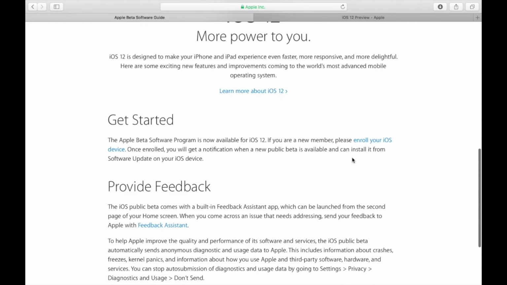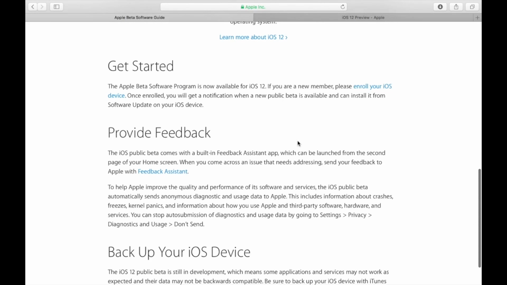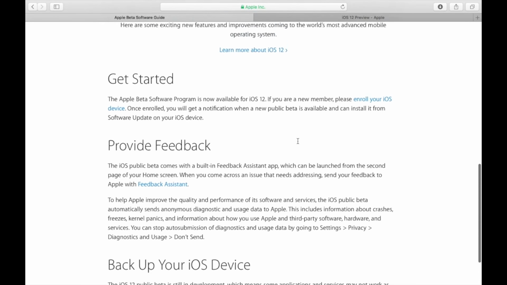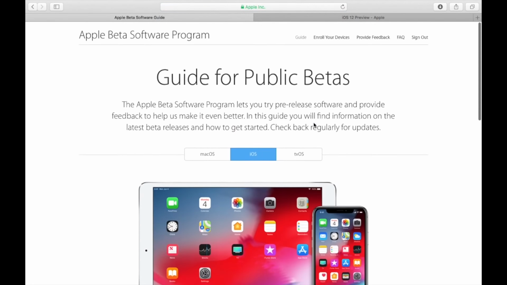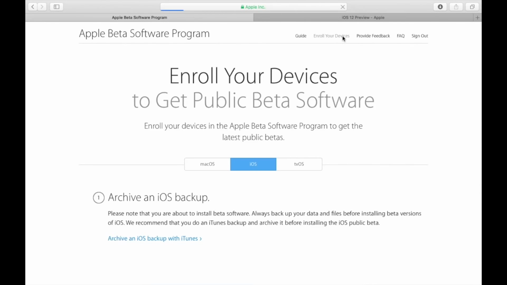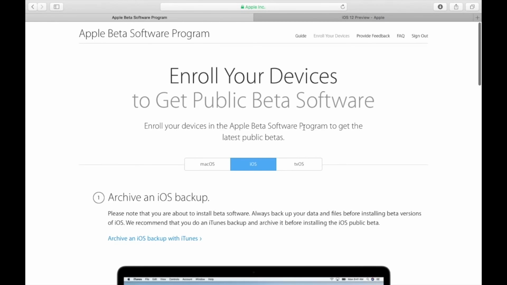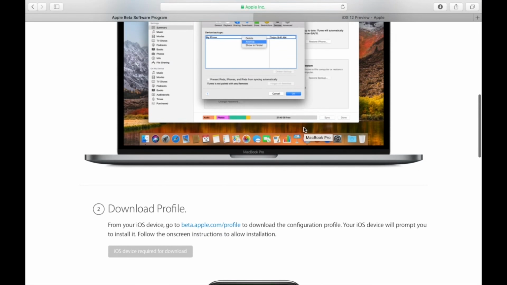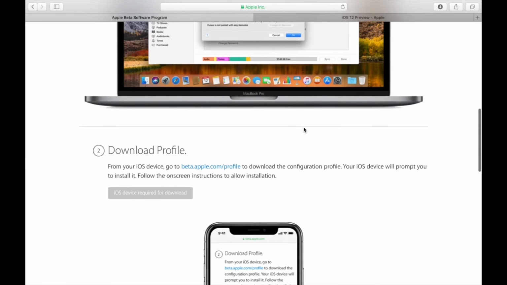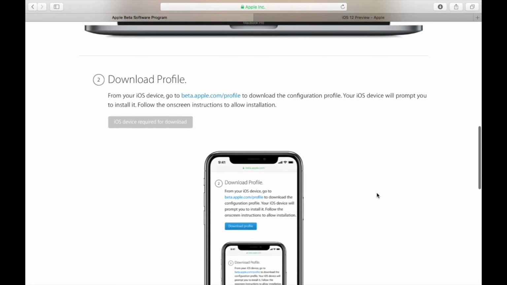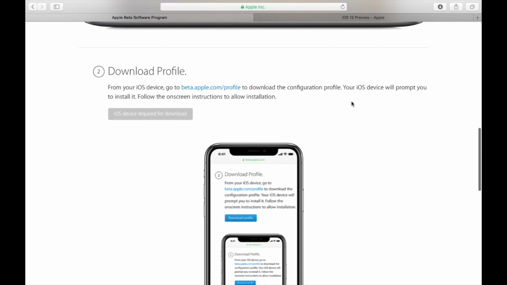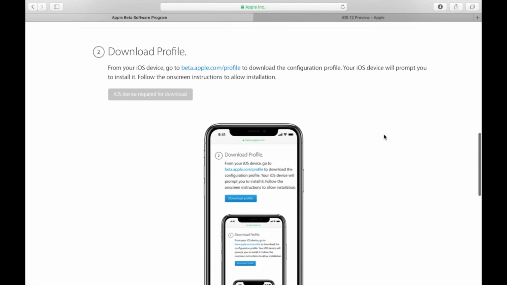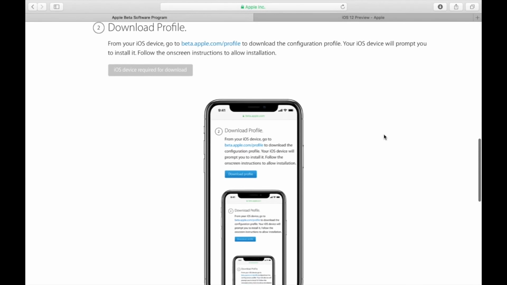So iOS 12 is now available, the public beta to download, and one of the first things they say is that you will be providing feedback on how the software is going and to back up your device. That's very important. Now, when you click on Enroll Device, it will walk you through the steps on how to have this update on your phone. You will need to download this profile onto your iPhone, but it requires that this part is actually done from your phone by following the link there,